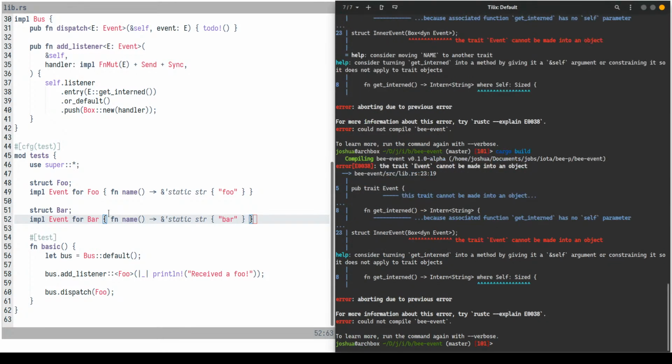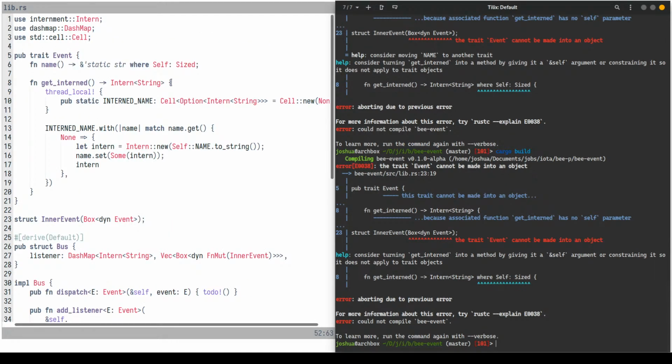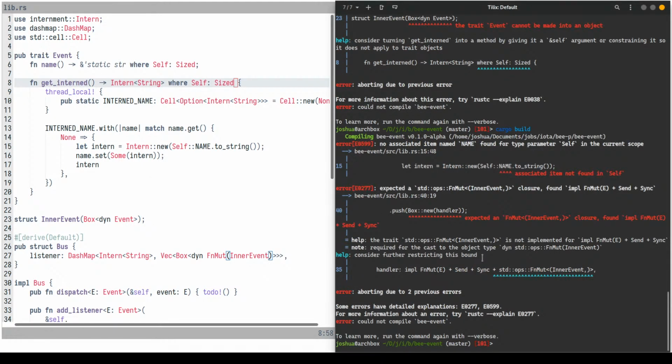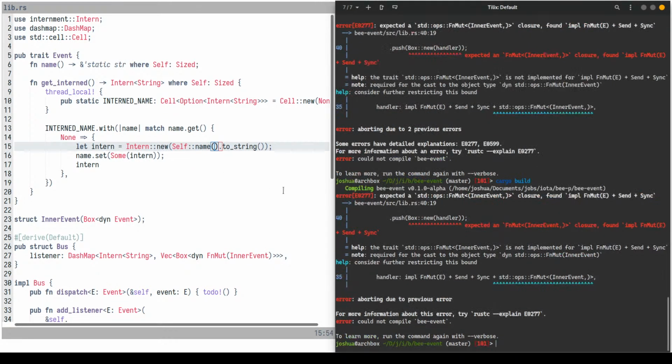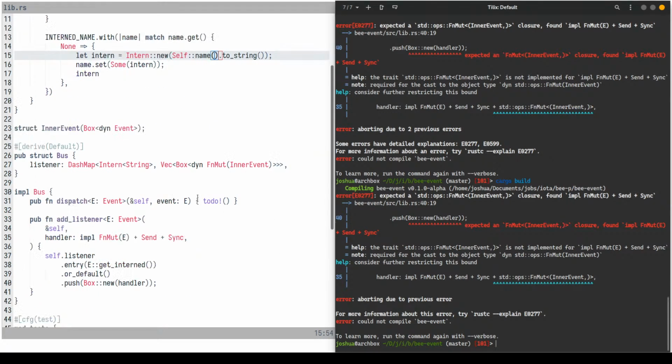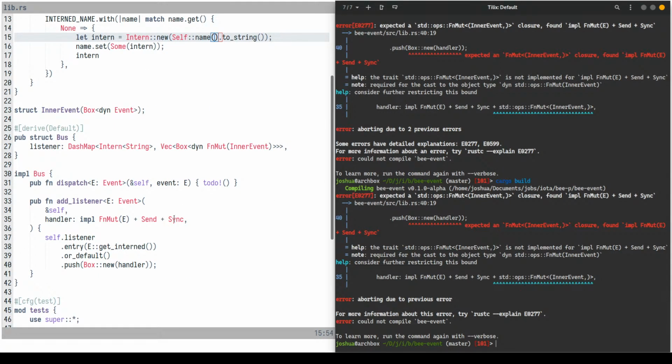Okay, let's see whether it likes us now. Okay, yeah, I should have done exactly the same on here as well. Okay, and now of course because I've gotten rid of the constant, I've got to change it to the method version. Okay, right, so now we have the error that I was explaining before. We've got a mismatch between the type of the inner event handler and the type of the actual event